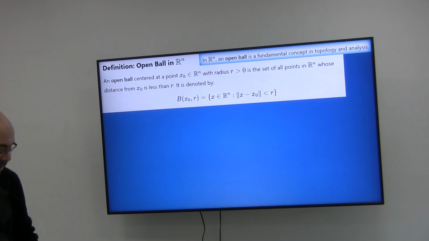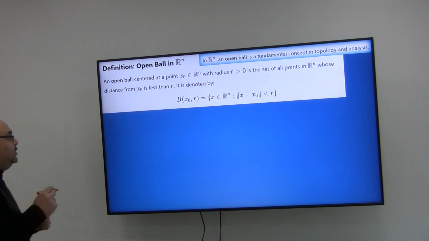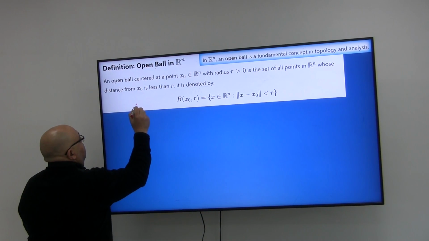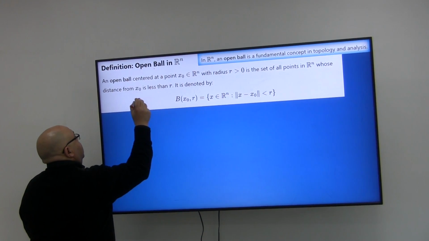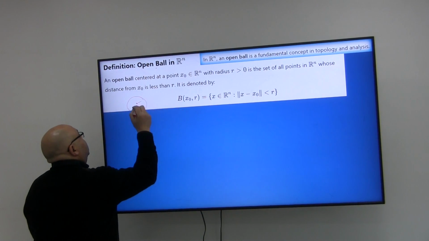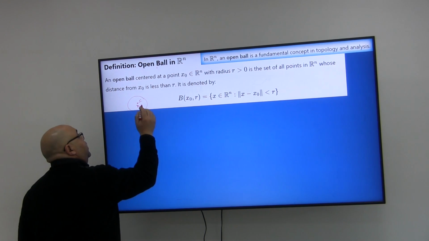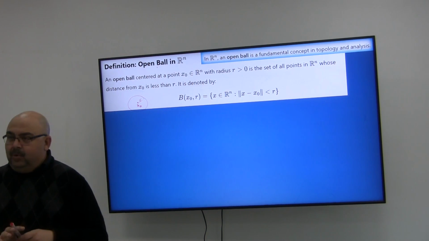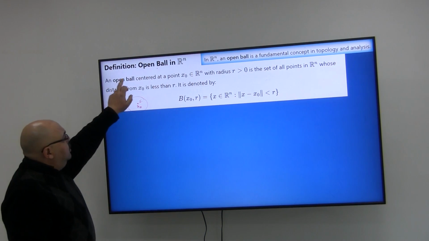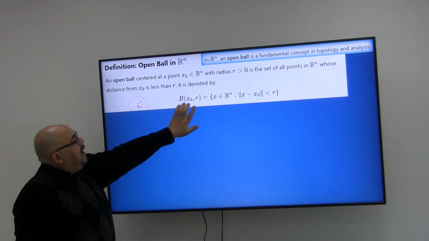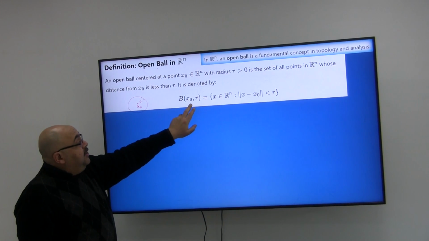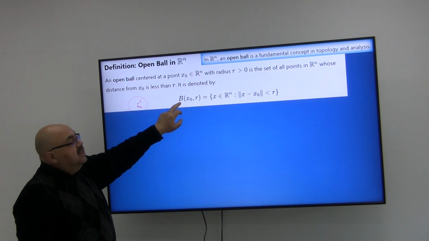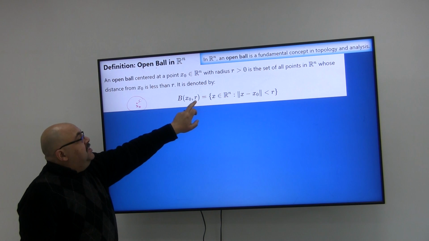So the open ball idea is for each value in the space, or in R, if this is a point which is x naught, I can find an imaginary circle with radius r, which is the neighborhood of this point. So this is what's called an open ball. Once more, an open ball centered at point x naught and symbolized by this form. When I read this slide, I will say that that's an open ball centered at x naught with radius r,